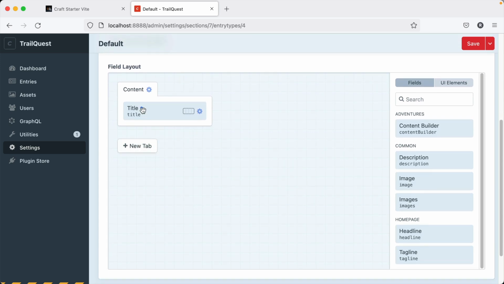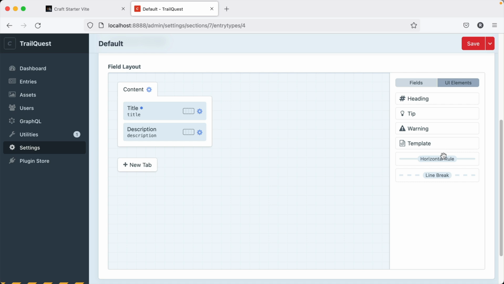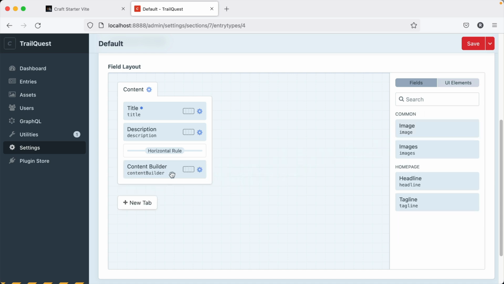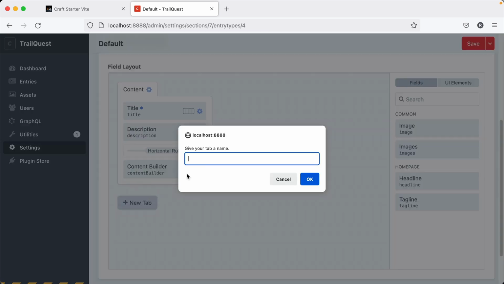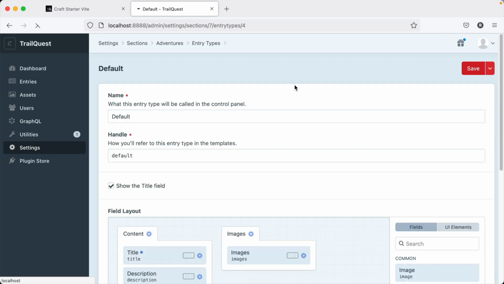So the first thing I want to do is I have my title, going to get my description, drag that over, and then we'll go into UI elements. I'm going to grab a horizontal rule just to break it up a little bit, and then pull over my content builder. I also want to capture these images, but I'm going to do it in a separate tab, so it's a little bit easier to manage, and then we'll get the images field. Save our layout,